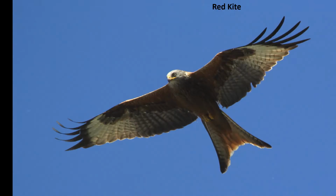2020 proved to be an exceptionally good year for raptors in Chudleigh, and that was partly because people during lockdown spent quite a lot of time peering up into the skies to see what was flying around. And this is a red kite, not a bird that we've seen very often in the parish, but one which seems to be increasing. Maybe one day we'll have them breeding, but rather, well, exceptionally during 2020, I think we